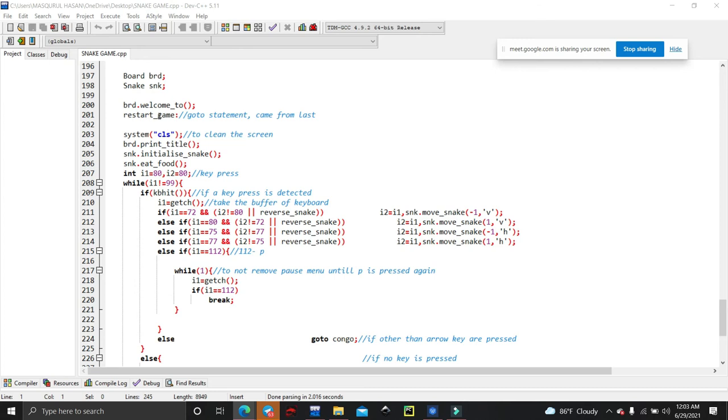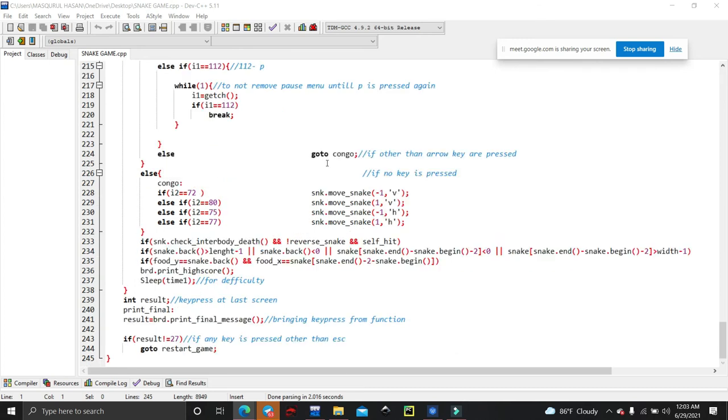So for restarting our game, we have our go to. If other than an arrow key is pressed, and if no key is pressed, then this part works for how the game will react. And next, this part works for different difficulties.